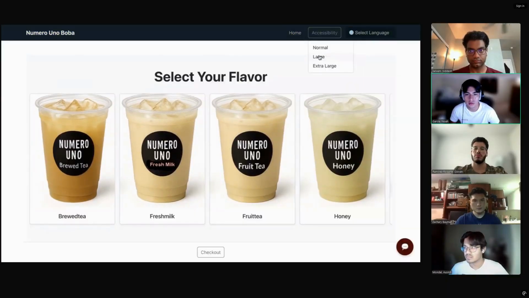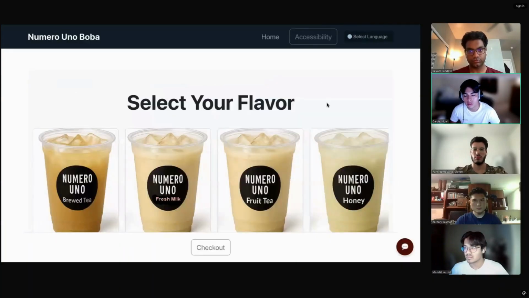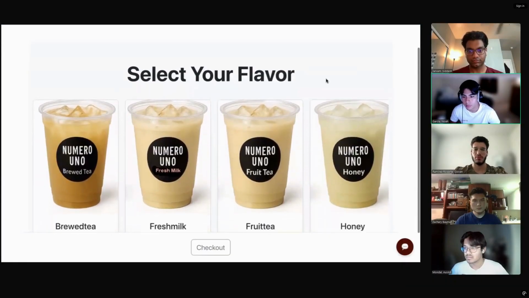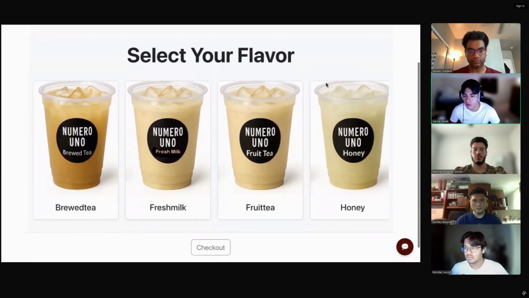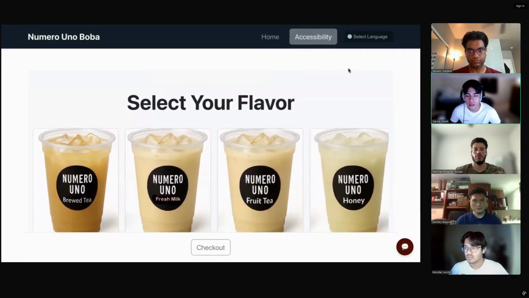So you can select zoom, you can select normal, large, or extra large. So if we go ahead and choose extra large or large, then we end up with a larger overall kiosk and